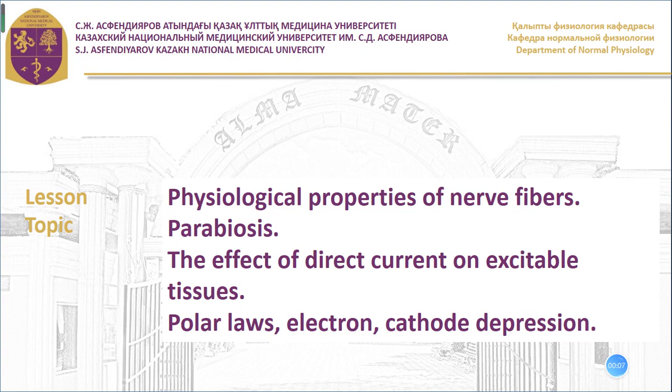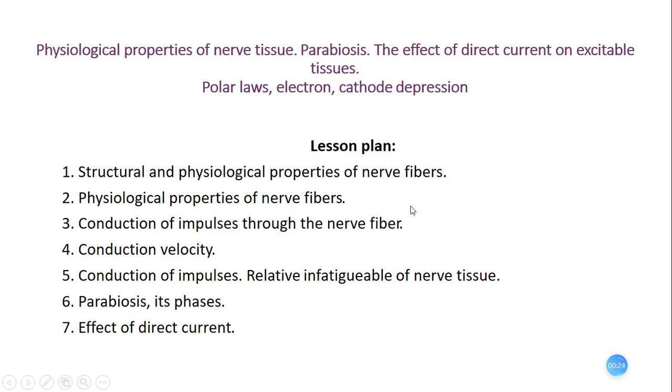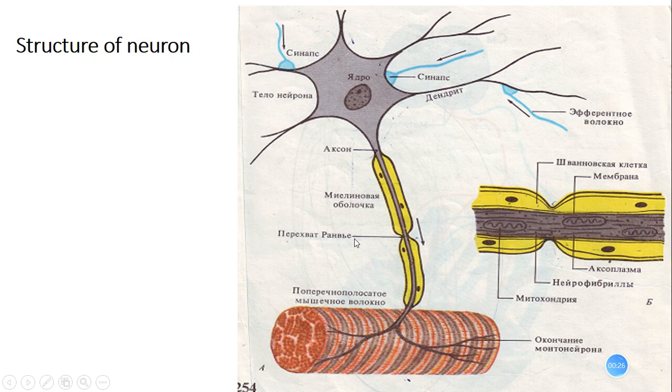Today our lesson is about physiological properties of nerve fibers, then parabiosis, the effect of direct current, then some laws of direct current on excitable tissues. Here is our lesson plan. The nerve fiber, structure of nerve. See, here is a typical